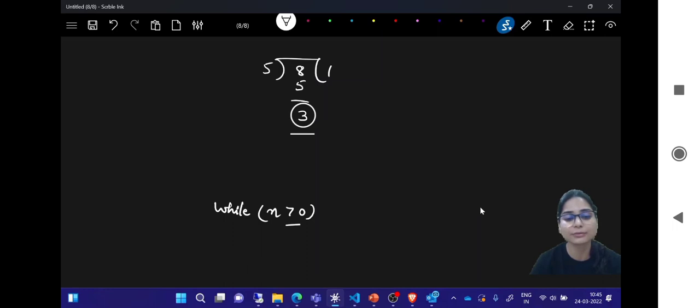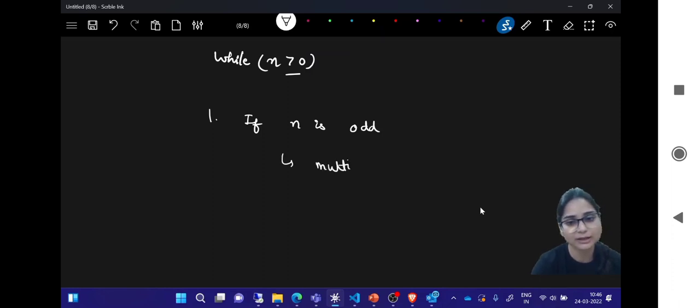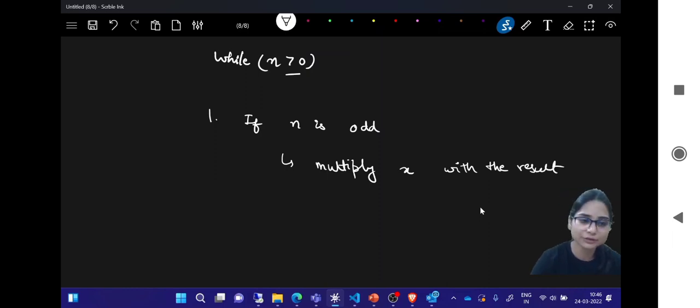And in this, we are just going to check two things. The first one is if your n is odd. If your n is odd, in such a case you have to multiply x with the result. Otherwise, if your n is even,